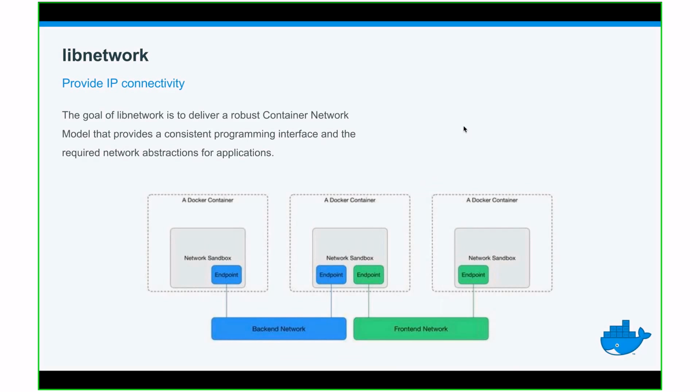Another ingredient you need is network, because containers are nothing without network. When you start a container, the first thing that the Docker engine will do is create a network sandbox, which is not a container, but just a namespace. And this will then be used for the container to spawn into. And libnetwork provides a pluggable system to connect multiple namespaces with bridges on the host so that you can actually communicate with the outside world, download stuff, or provide services.